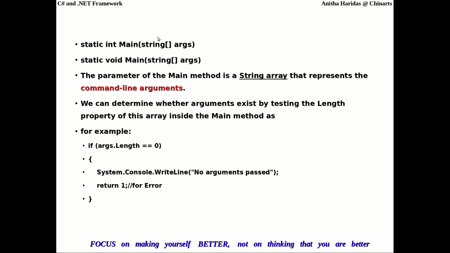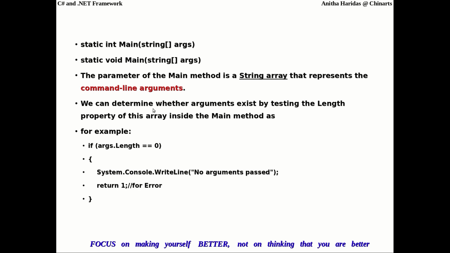Observe here, it is an array of strings in the main method which is passed as a parameter to the method. So the parameter of the main method is always a string array. This string array is the one that represents command line arguments.